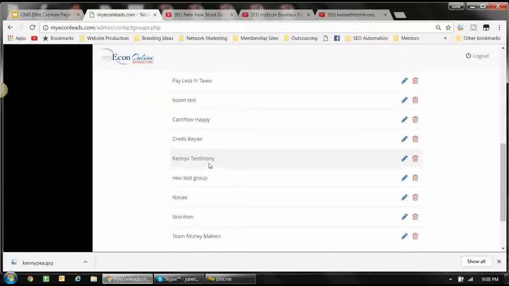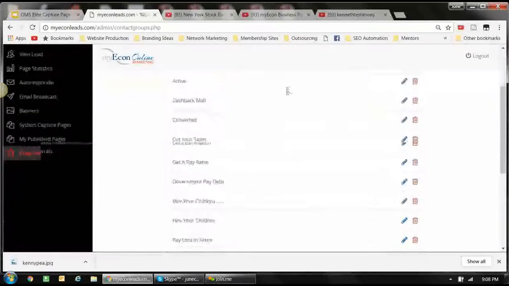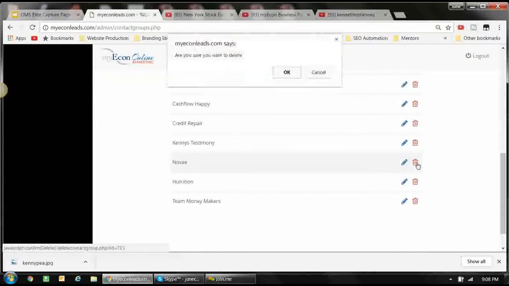If we ever want to delete something, we can always go in here, see where it says new test group. I can always go in here and delete that if I need to, and that will remove that item. So we've got Kenny's testimony. Let me go ahead and remove this one as well. We'll just remove a few of these because,